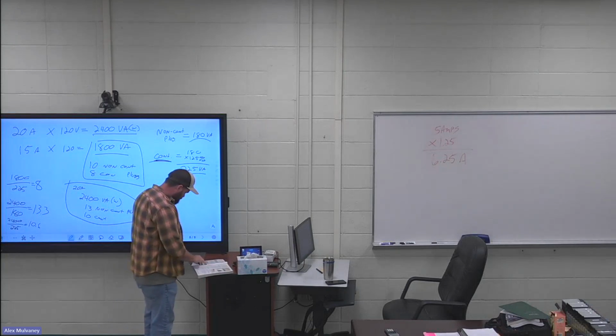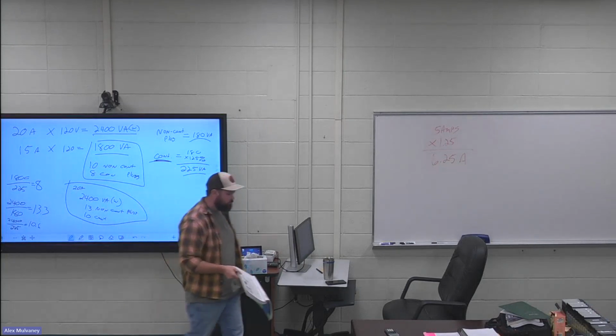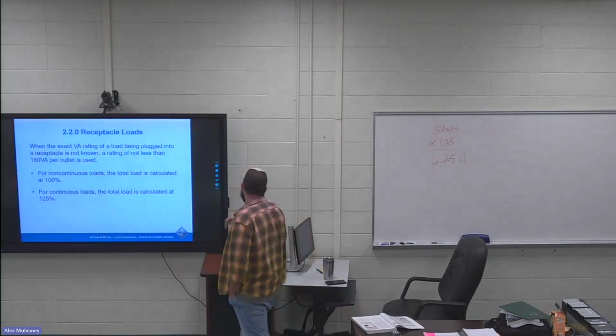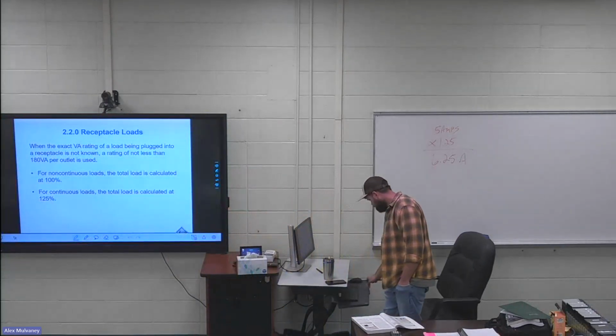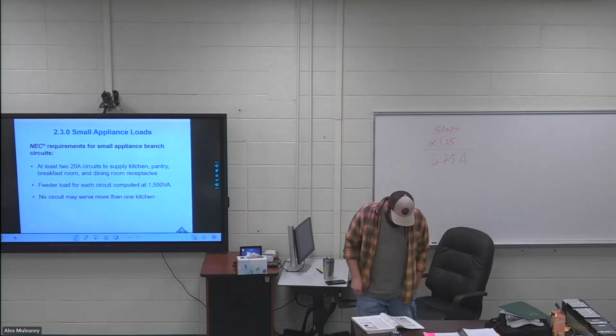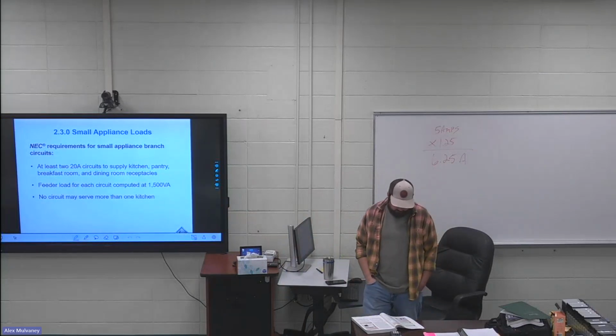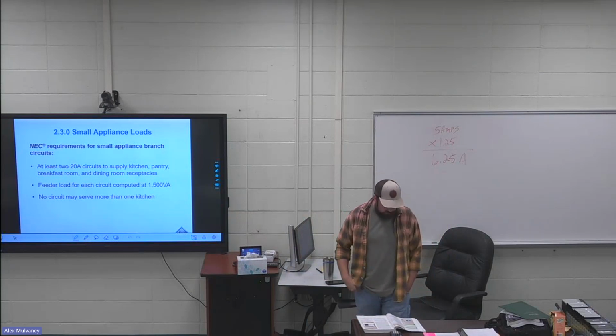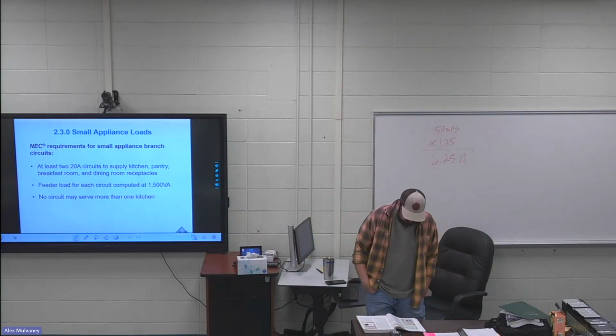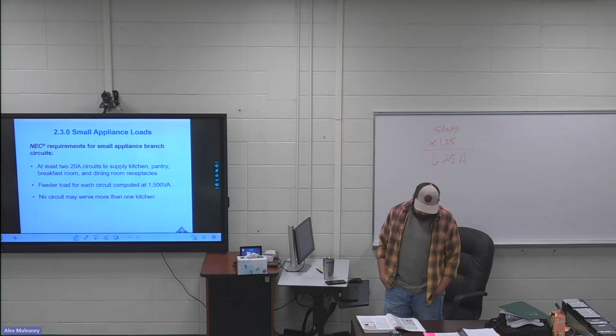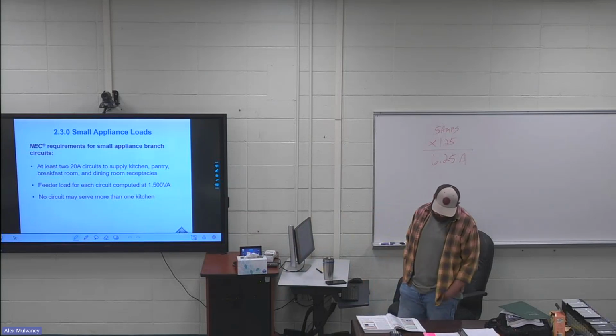All right, I'm on page 12 and 13, small appliance loads, 230. Entire first paragraph minus the last sentence is highlighted in 230. NEC sections 210.11(C)(1) and 210.52(B)(1) require at least two 20-amp small appliance branch circuits to be installed to supply receptacles installed in the kitchen, pantry, breakfast room, and dining room. NEC section 220.52(A) requires that the feeder load be computed at 1,500 volt amps for each required small appliance branch